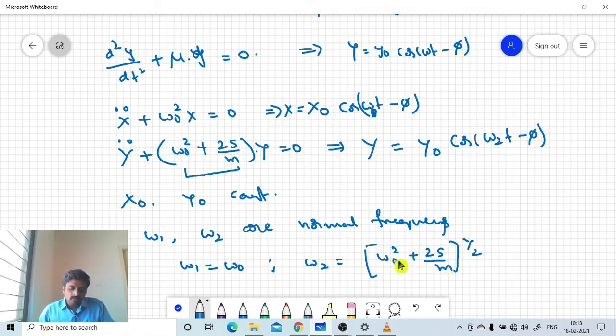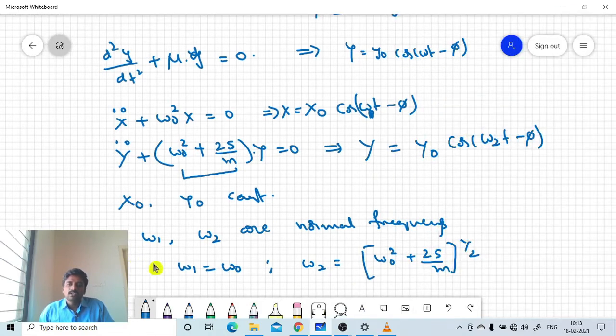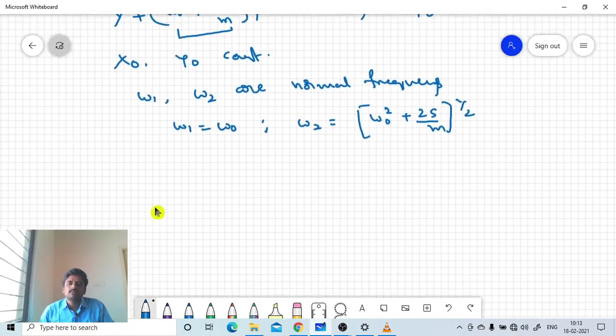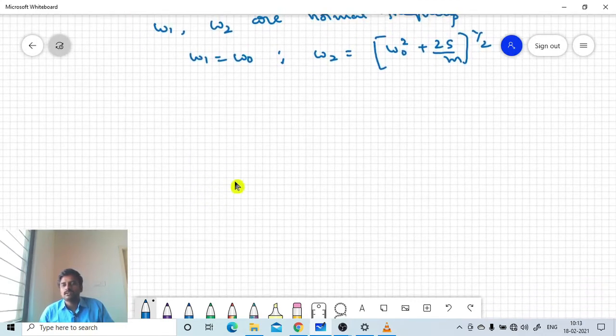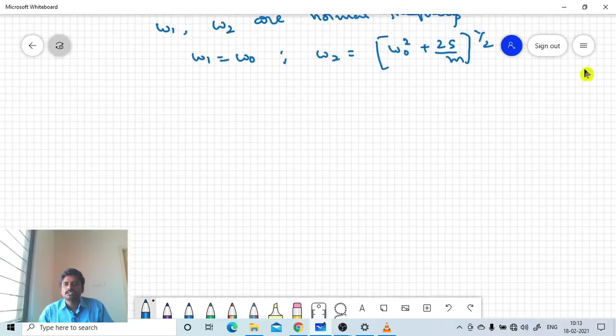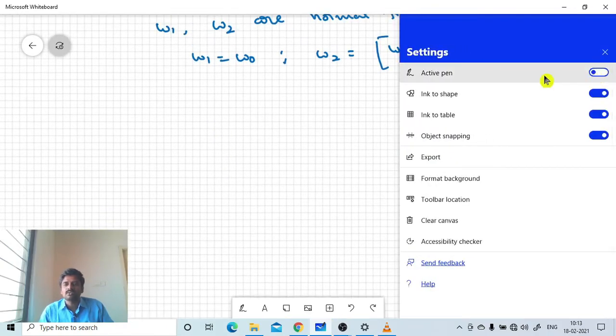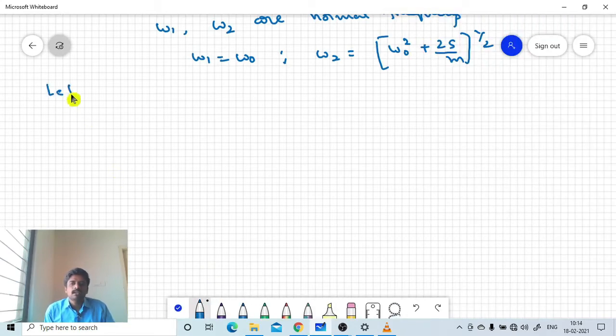So then how can we write this value? To simplify it easily, let's take the constants x naught and y naught as 2a. To solve easily, x naught and y naught we are taking as 2a. Let the values of x naught comma y naught be 2a.